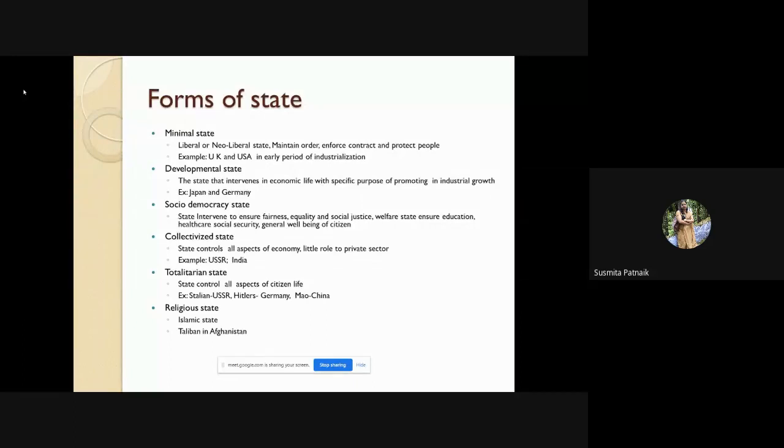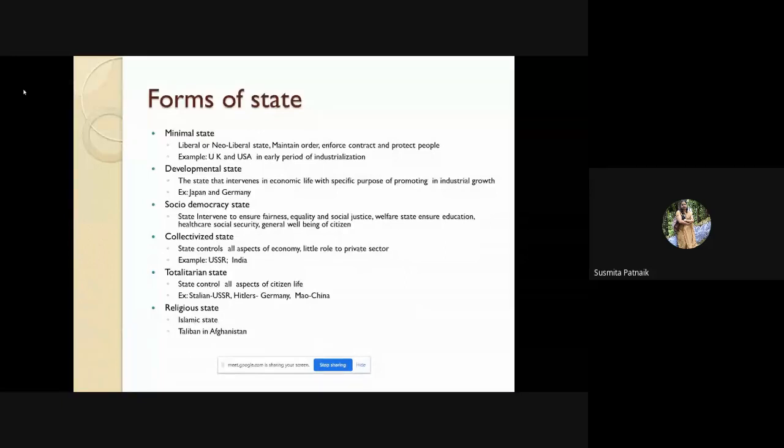Okay, so Japan, it means that when the developmental state has arrived, when a state becomes completely economically weak, then the state adopts the developmental strategy in order to raise the life standard of the people and the life standard of every person inside the nation, for their industrial growth, for their economic growth, and that state is called the developmental state.